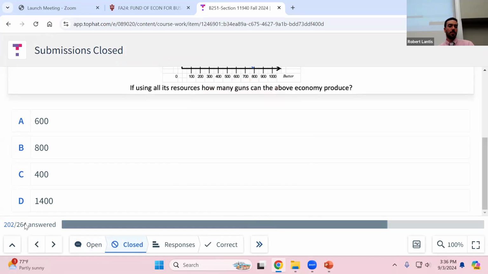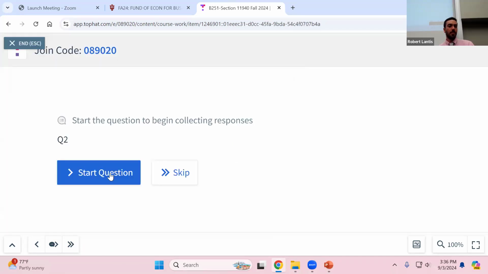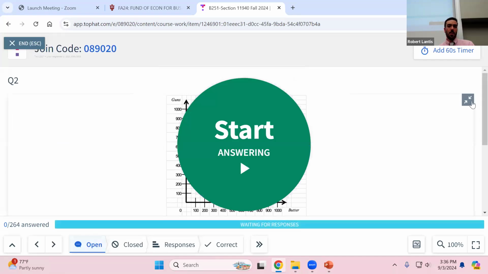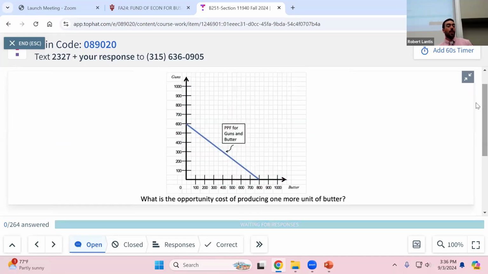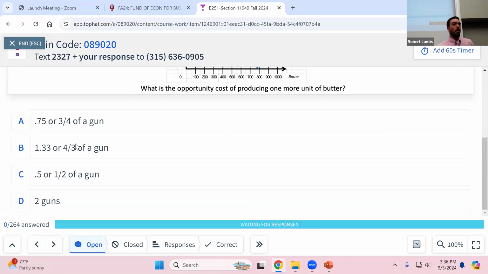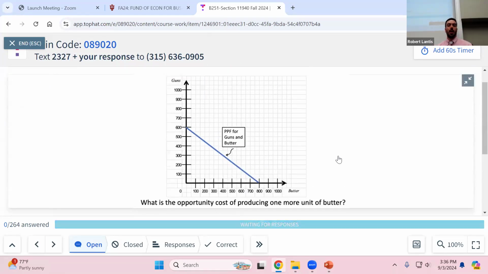I'll then move to the next one. Start the question. You have a similar one here. So this one, what's going to be the opportunity cost? So to the point earlier, I'm not going to give you any negative values trying to trick you, right? These are all positive. So if I'm thinking about what's the opportunity cost for one more unit of butter here,